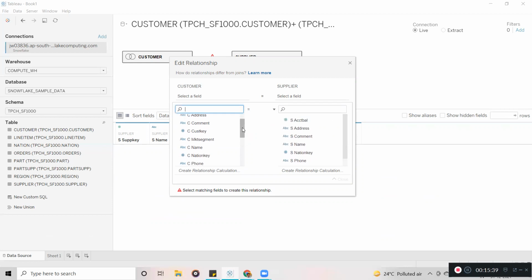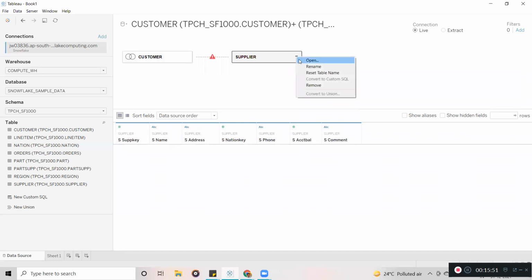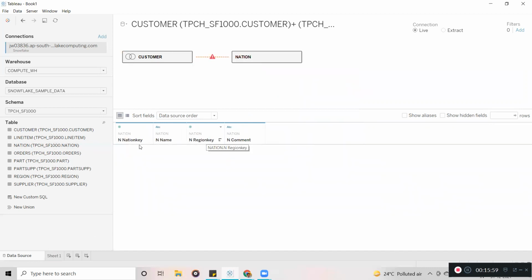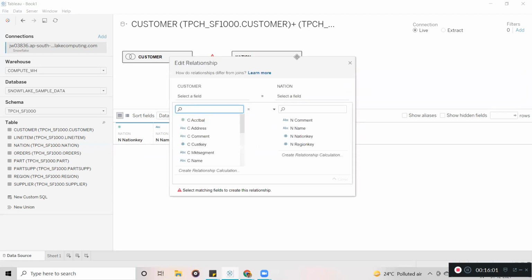So let's see, do we have any supplier key here? No, here we don't have supplier key. Nation key we have. So now let me drag the nation. So nation, here nation key is there, region key is there, comment is there.